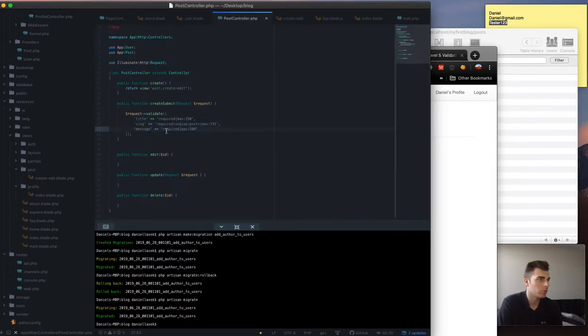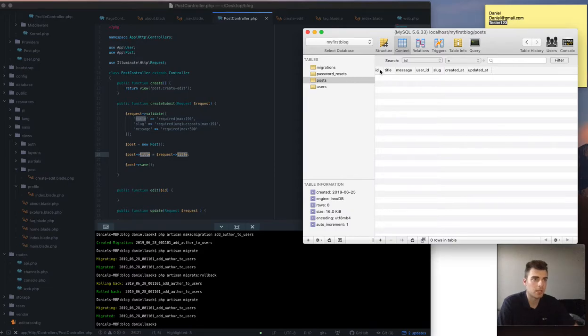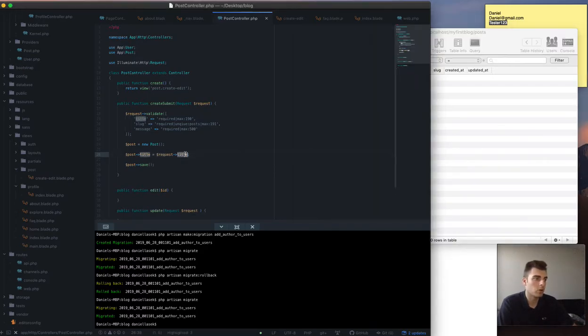So now once it's all validated, we will make a post equals new post. We're making a new object. Let's just save it right away. So that's how you save. And then we want to say post title is equal to request title. So we're setting the post title. In the database, post title is equal to request title. And if we do a dump on request,